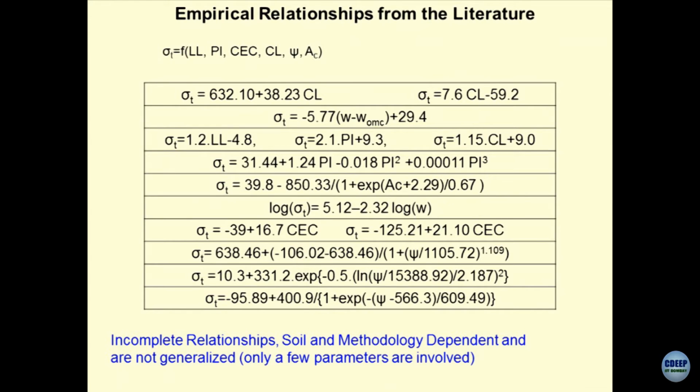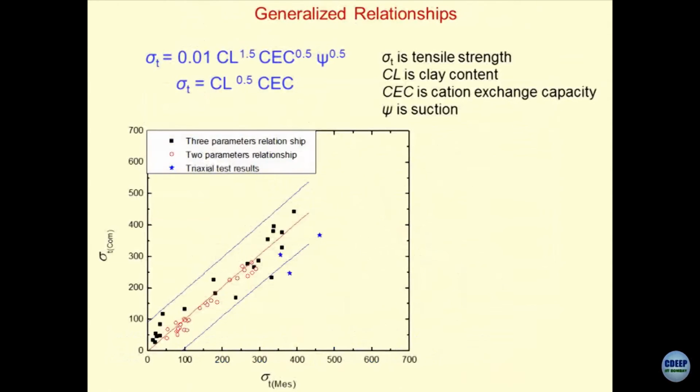What we realize is that relationships which are only single parameter relationships cannot be much encouraged, because you cannot link clay content directly with sigma t and so on. So, this is the commentary which we created on this subject. Generalized relationships of this type were developed: sigma t is some function multiplied by clay content, CEC and psi suction, and I hope you are conversant with the symbols by this time, and this is how we validated this equation.